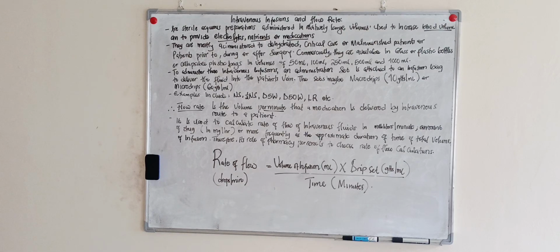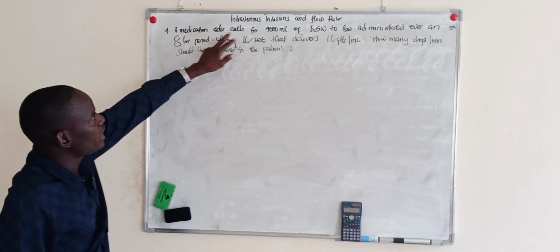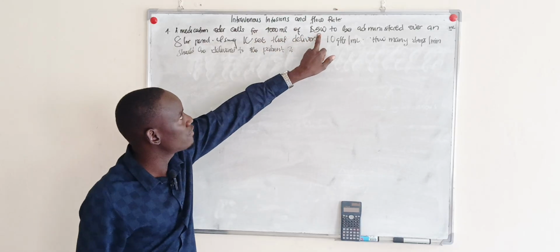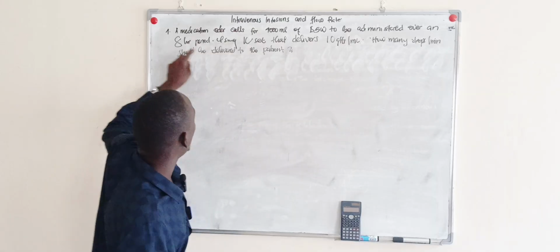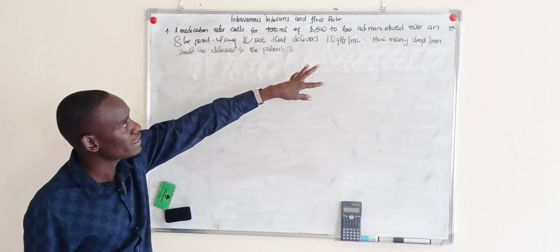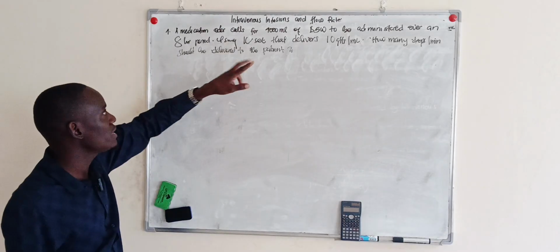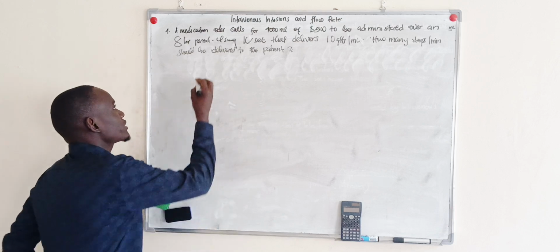So our first example. A medication order calls for 1,000 mL of dextrose 5% to be administered over an 8-hour period using an IV set that delivers 10 gtts per mL. How many drops per minute should be delivered to such a patient? So we need to summarize